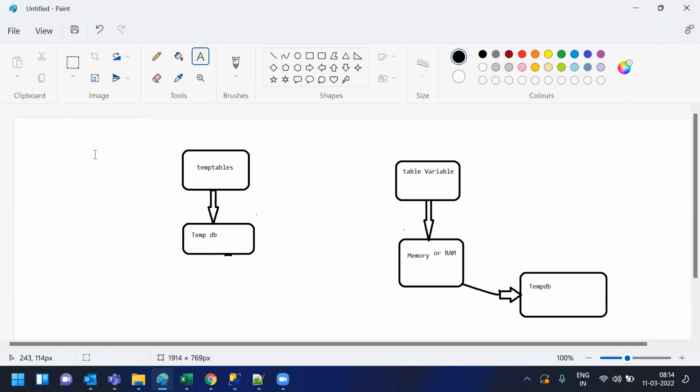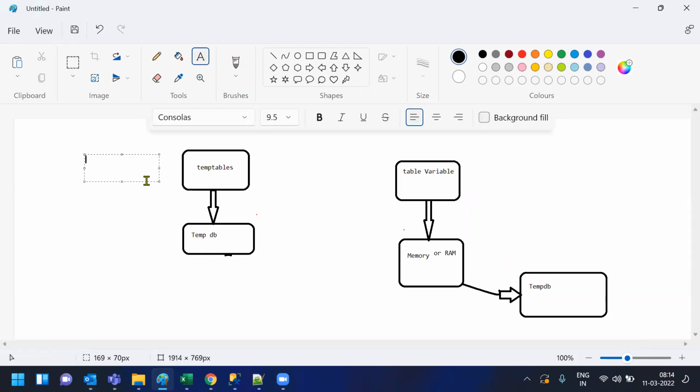Okay, for an example, I'm just giving a small example. I'm trying to load 1 lakh rows into my temporary table. Where exactly will it go and sit? TempDB. All the 1 lakh rows will go and sit under TempDB, correct? Yes. And when you do select star from the table, obviously it will retrieve from TempDB only. Whereas in the table variable, when you insert some 1 lakh rows, for an example,